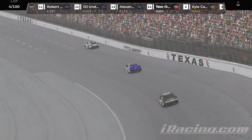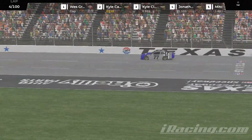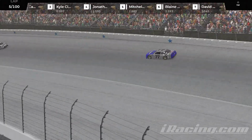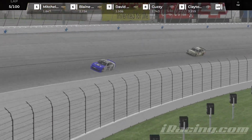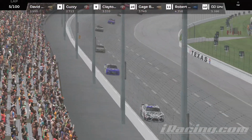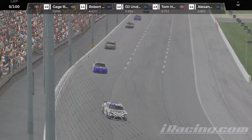Got some paint schemes with the, I think that's the Air Force colors. You think I should know this since I live in America. But anyways,